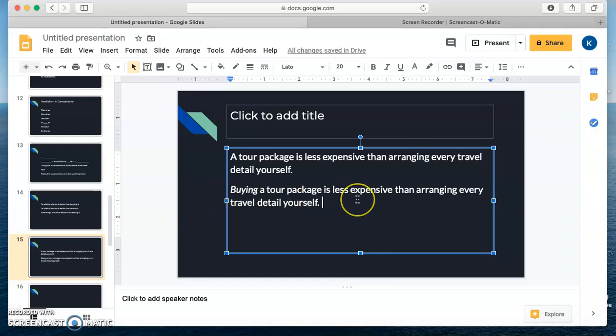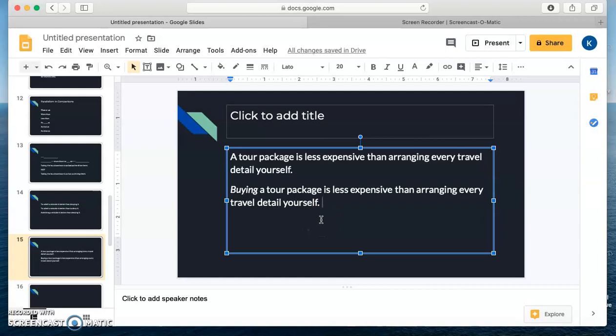You might have said "arranging a tour package is less expensive than arranging every travel detail yourself." Organizing, purchasing, whatever the case is, the point is, as long as you get that progressive verb in there, buying, purchasing, if you want to copy arranging, that's fine, to make this match up with this,